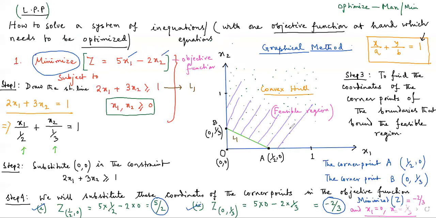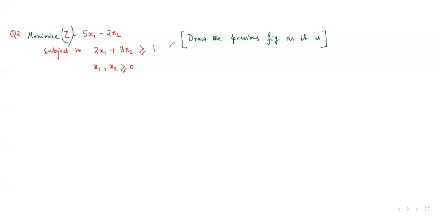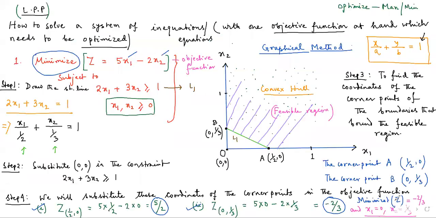Put all the corner points, put all the coordinates, mark the region, everything will remain the same. Okay, no problem. The same graph will be obtained. So I'm not repeating this by drawing the same graph, but the analysis will be different. The analysis will be, if I look at the graph now, you will find that we want to